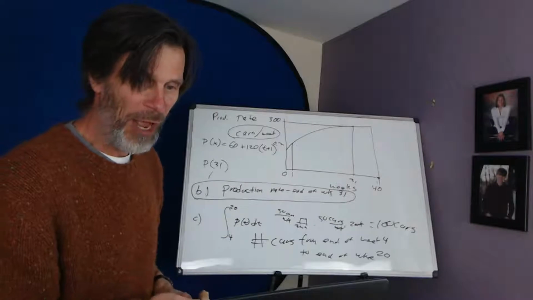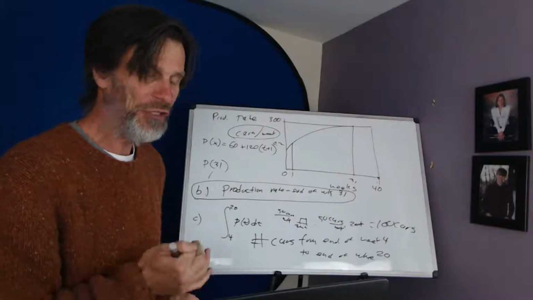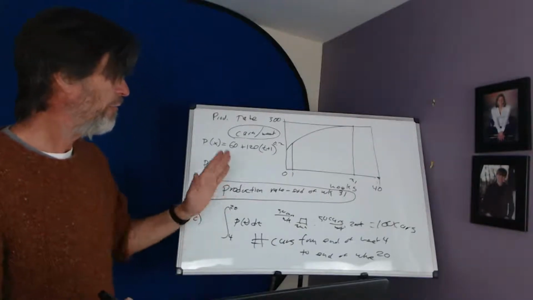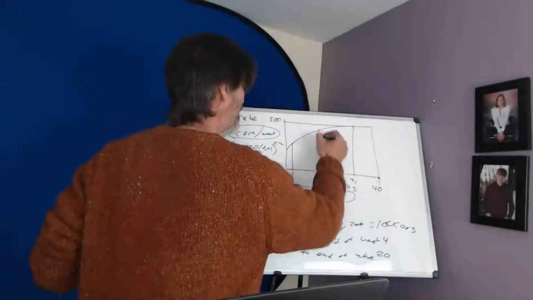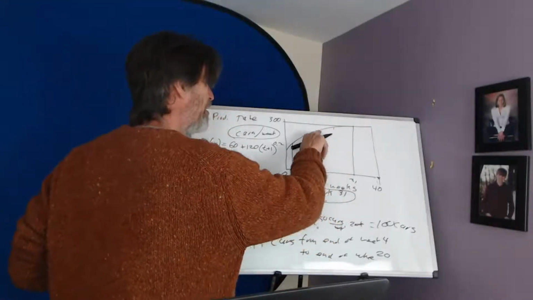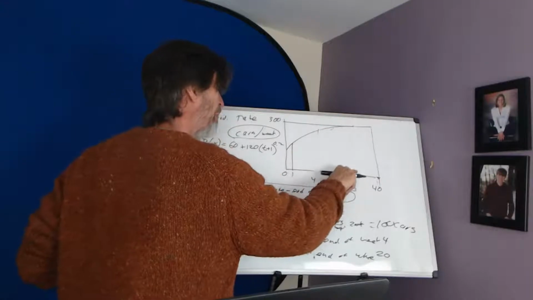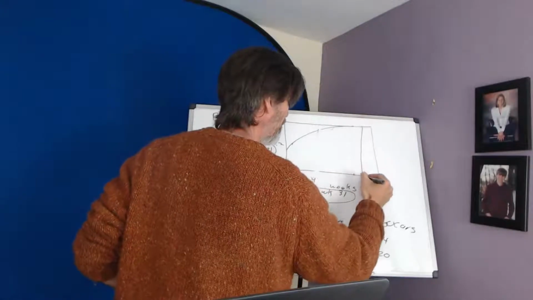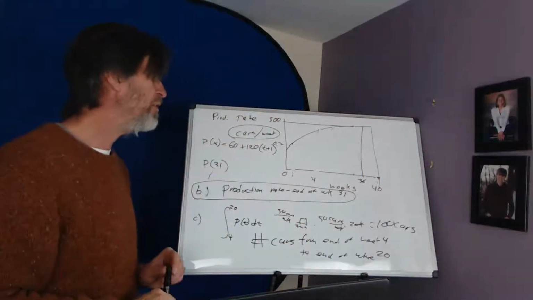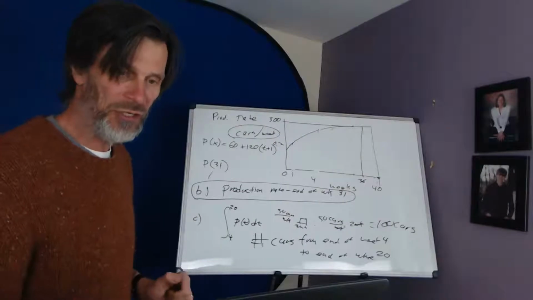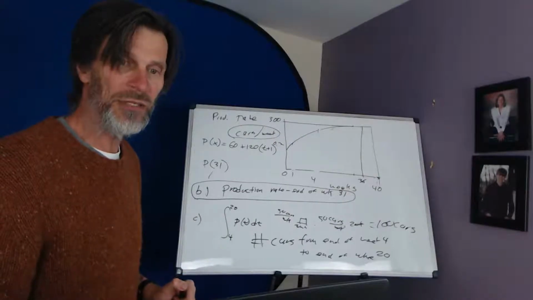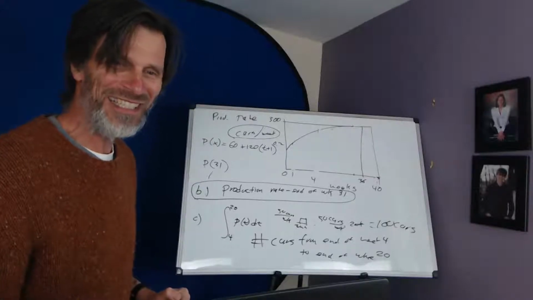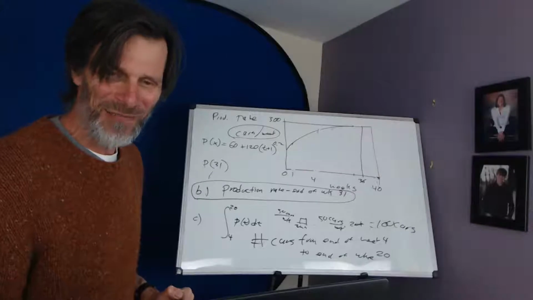So now we need to find how many cars were produced during the first 36 weeks. Well, we talked about here, this is the number of cars produced from 4 to 20. And if you wanted to shade that region in, 4 to 20 would be that shaded region. Now we're interested in how many cars were produced for the first 36 weeks. So that's right out there, 36. What are you going to do to figure that out? I'll give you a little hint here. The antiderivative is given. Should have been a big giveaway.